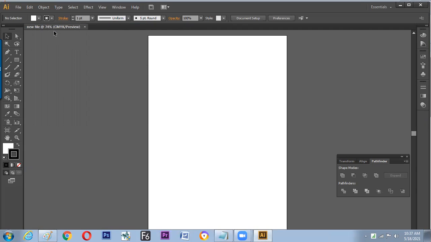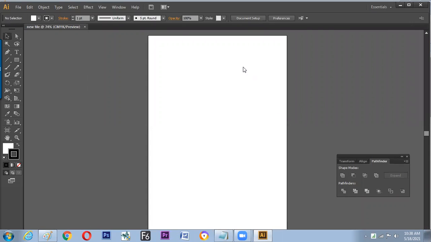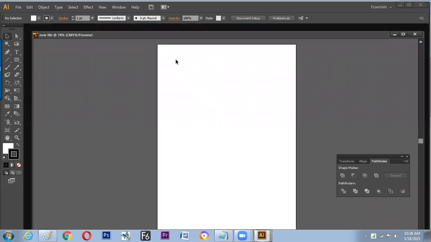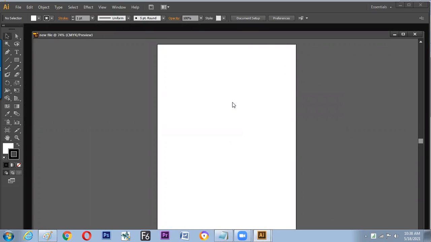Now on the left side we find the toolbar. Yes, we have seen the details about the toolbar. And coming to the right side, you can find some floating windows, and these are meant to use the tools in more detail, like options in more detail. If it doesn't require, then yes, you can drag this and close it. So the interface is very clear now, even with the floating windows, we can close them.